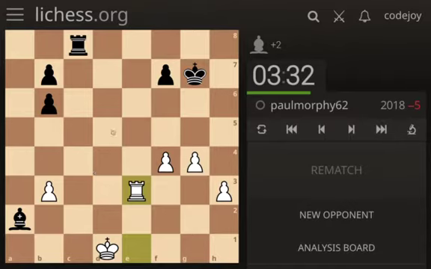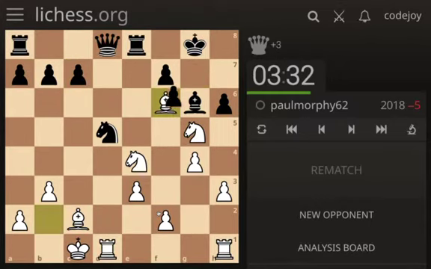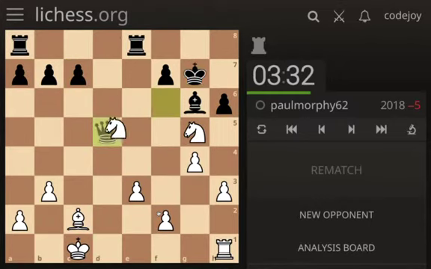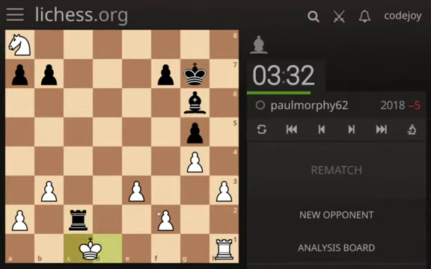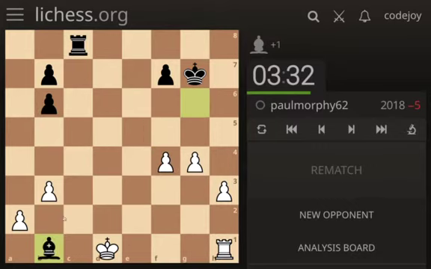And this is because of my compensation. Although I'm down a lot of material, by him spending time winning material, winning my knights, I'm getting something done with f4, which is that after these exchanges and he's trying to win more material, and then he does win the material, he's left with a lost position where although he has an extra piece, it's trapped. And my pawn structure is